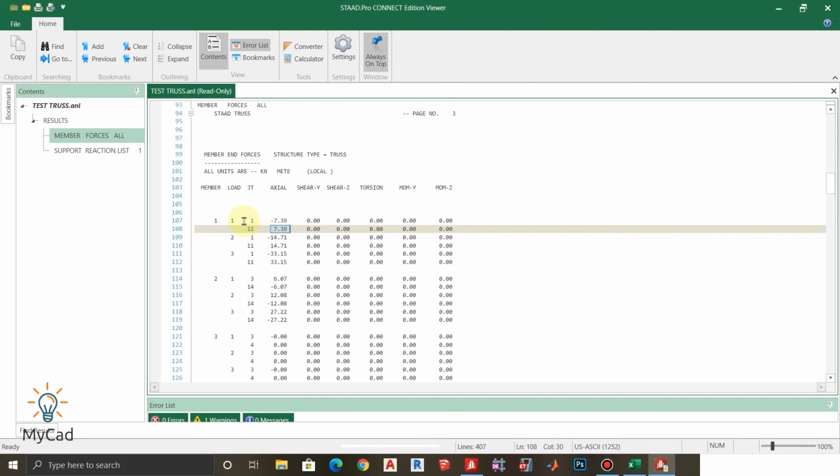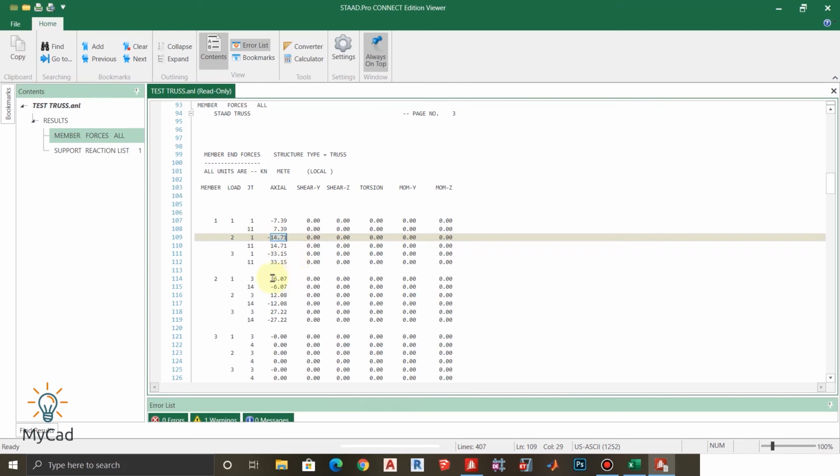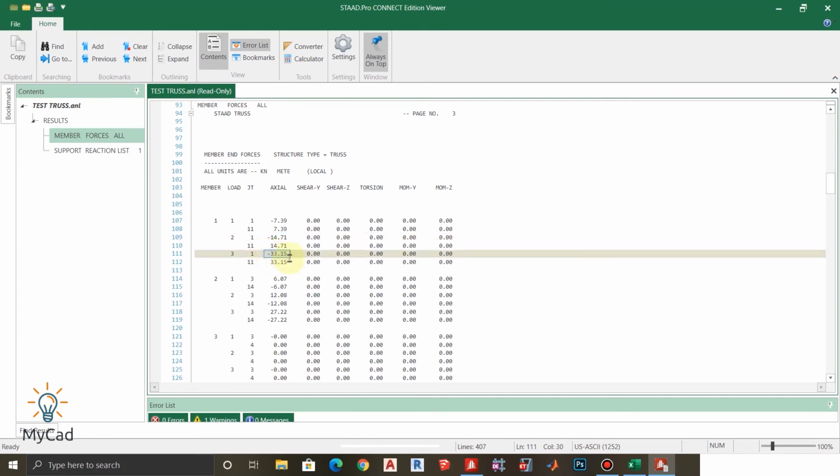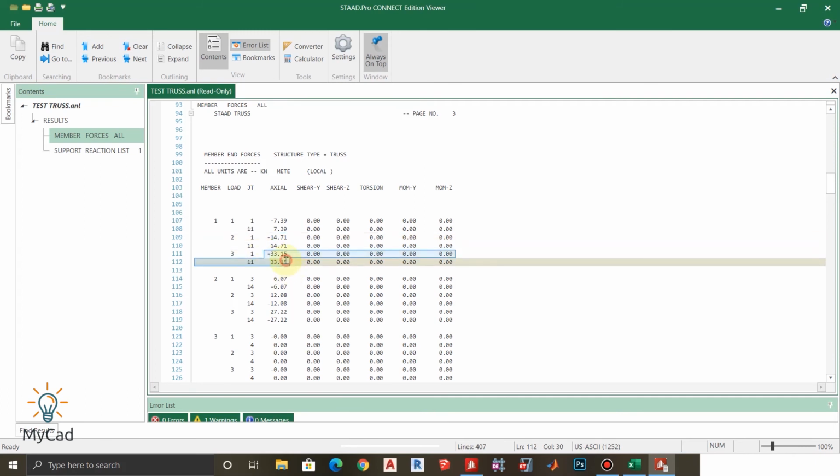That means for load case 1, our first member will be having this much axial force. For the second case we are having this amount of axial force, and for the third load case, that means our 1.5 dead load plus 1.5 live load combination, the member number 1 will be getting this amount of axial load.